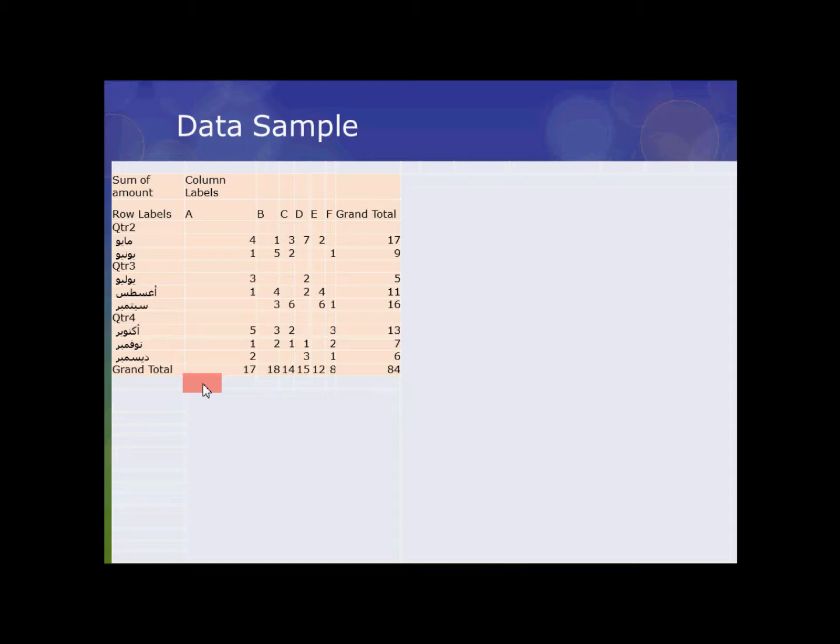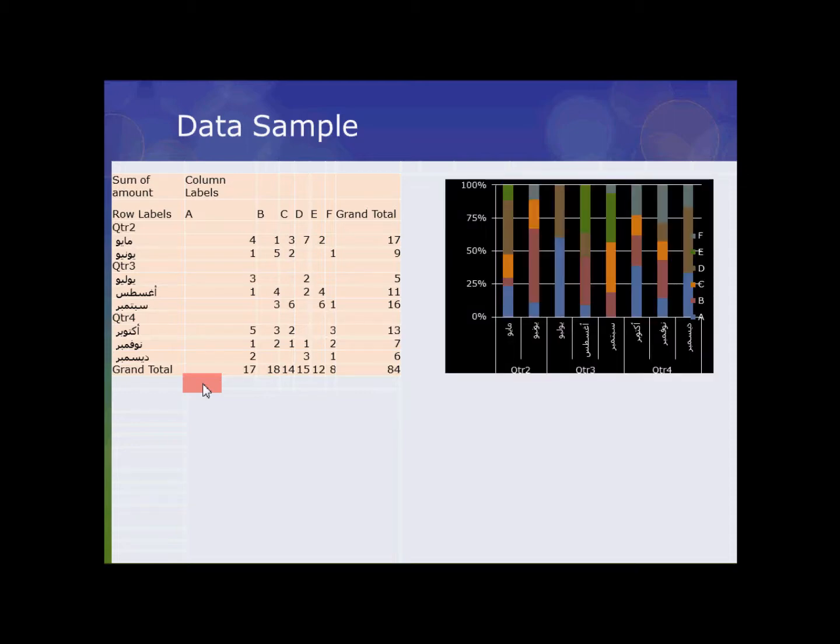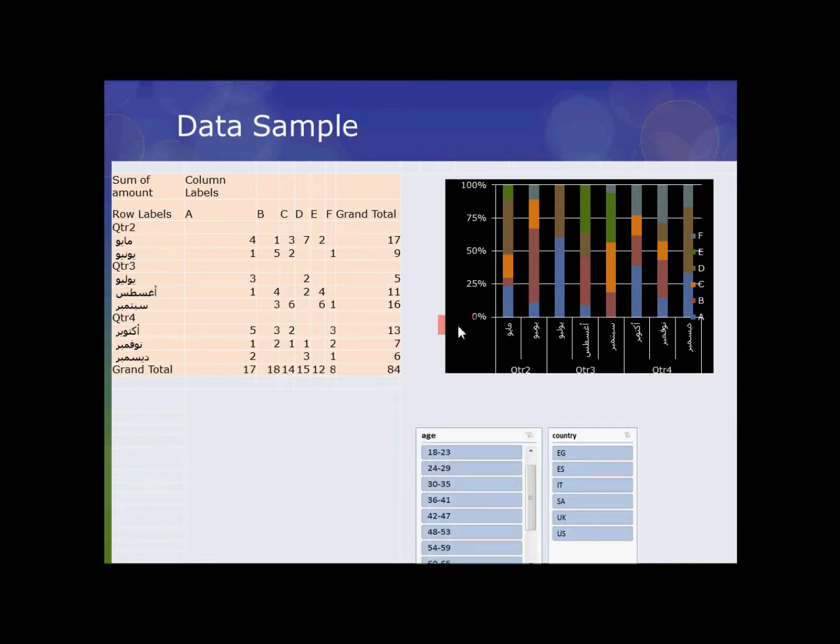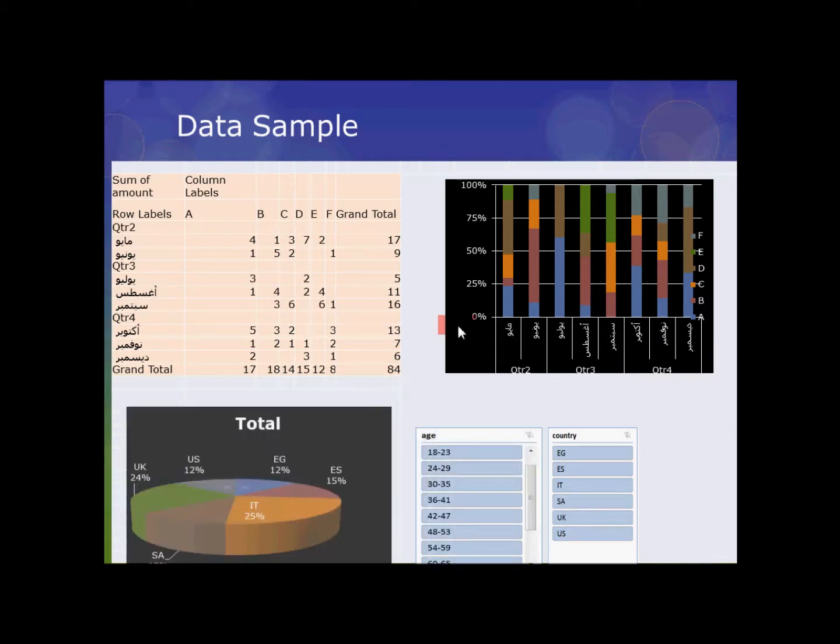Then we can create a graph from this pivot table. Here we have a new element called slicer. You can select, for example, countries or age category. Okay, here we can have another graph. For example, we can have just a graph